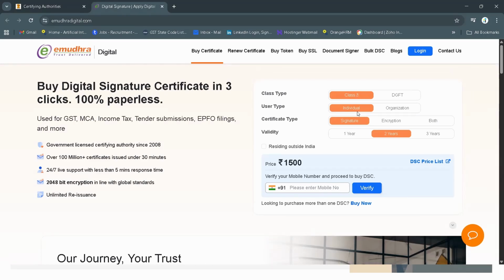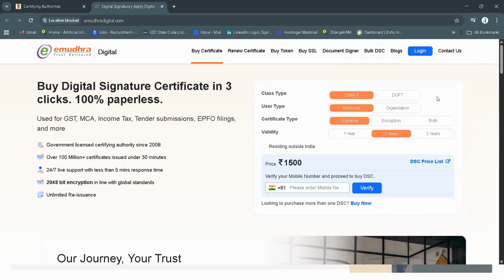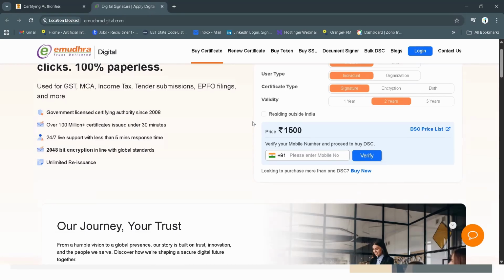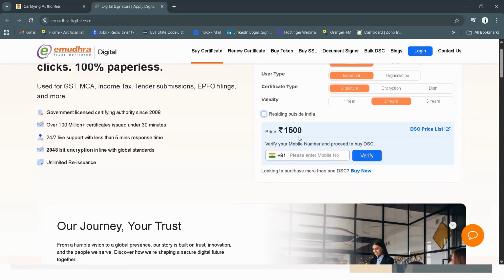Once I click eMudra, next configure your DSC settings carefully. Choose class 3 for maximum security. Select individual or organization user type. Then pick only sign, or sign and encrypt, as per your need. Set validity of 1, 2 or 3 years. Always choose 2 years validity. If you are outside of India, click on the checkbox for residing outside India. Enter your mobile number and click on verify. You will get an OTP on your registered mobile number. Enter your